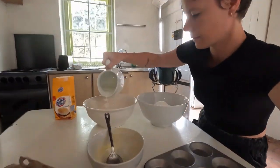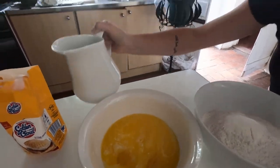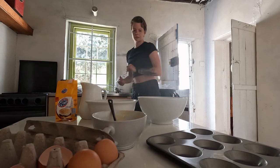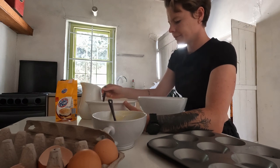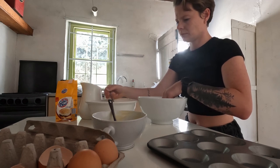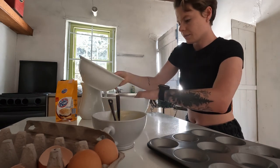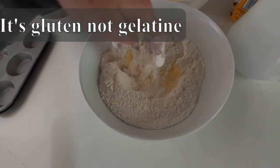Let me show. Perfect. Whoops. Mixing my wet. And then I'm going to make a hole in the flour in the center. Then just going to put a little bit of this wet ingredient in the middle. Just like that. And I'm just going to fold in,